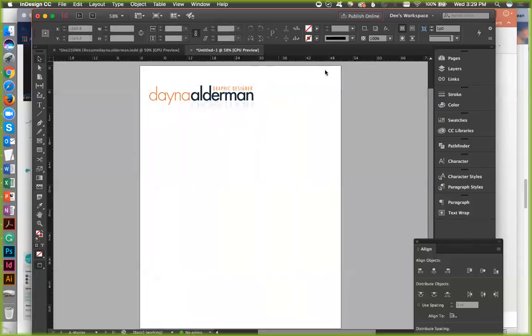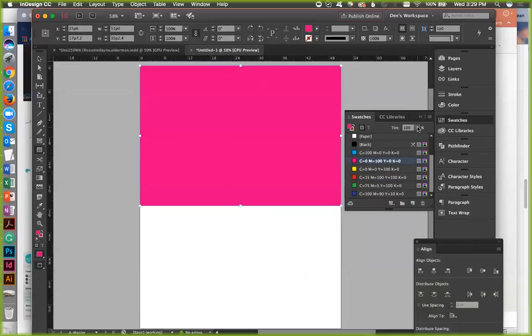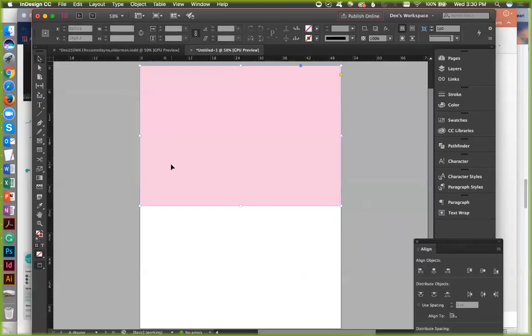Hit W on the keyboard. There it is right there. It's nice, clean, to the point, right? The thing is, if I put a background on this, I haven't finished this yet. And this logo, if I were to use any background colors, it doesn't really work with a background color. So say, for instance, I just grab pink for the moment. Not that I would use a pink, but I'll send it to the back and watch what happens. See that?